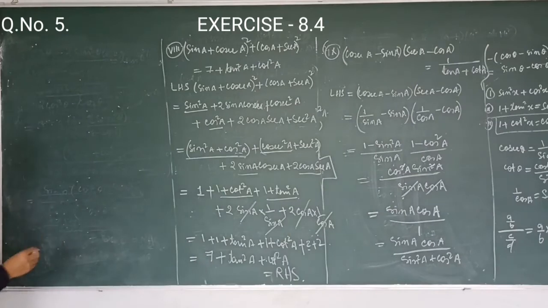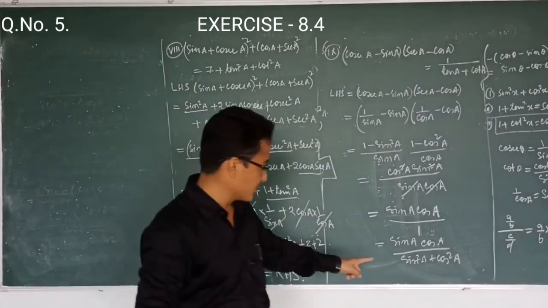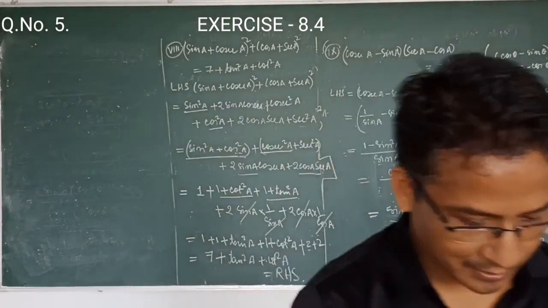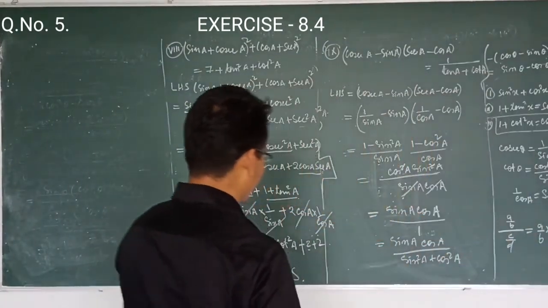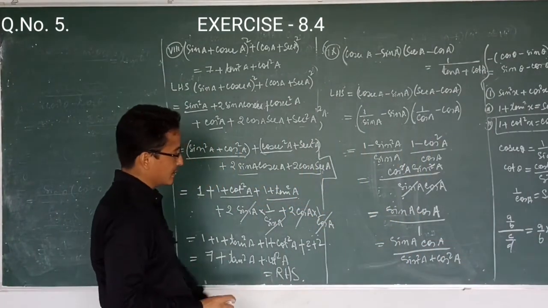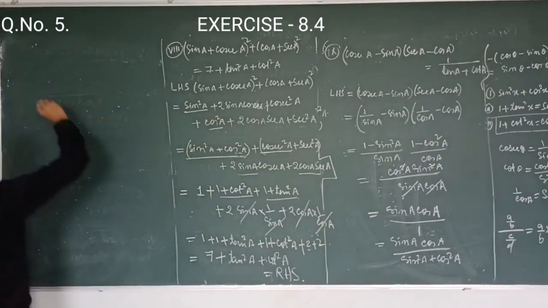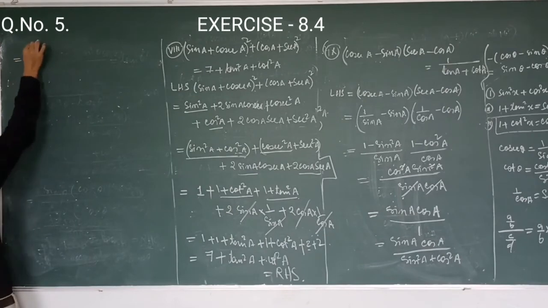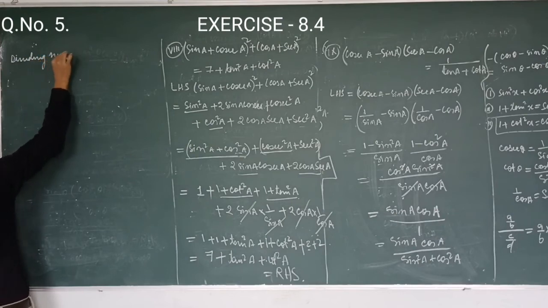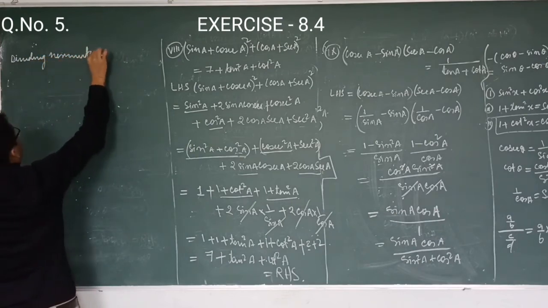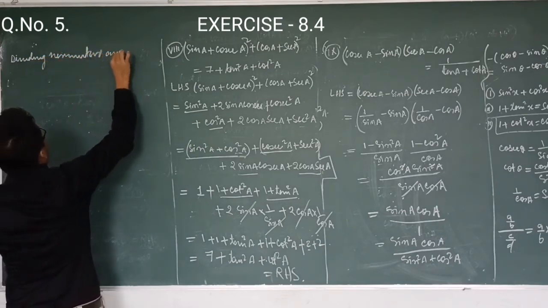Here we are taking this sin square A plus cos square A. After that, what can we do? We divide the numerator and denominator